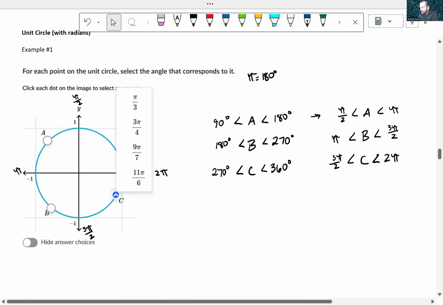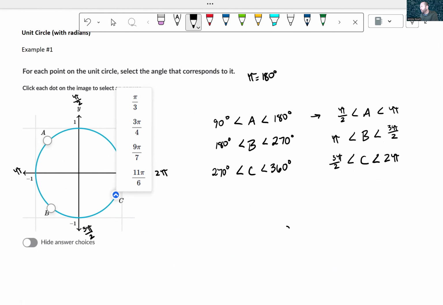So that's where A, B, and C is between, and now we got to check these different answer choices. So pi over 3 is 1/3 pi. I'm just going to change all these into degrees. That's always been easier for me. So our first answer choice is pi over 3, which equals 180 over 3, which equals 60 degrees. Our second answer choice, 3 pi over 4, is 3 times 180 over 4, which equals 540 over 4, which